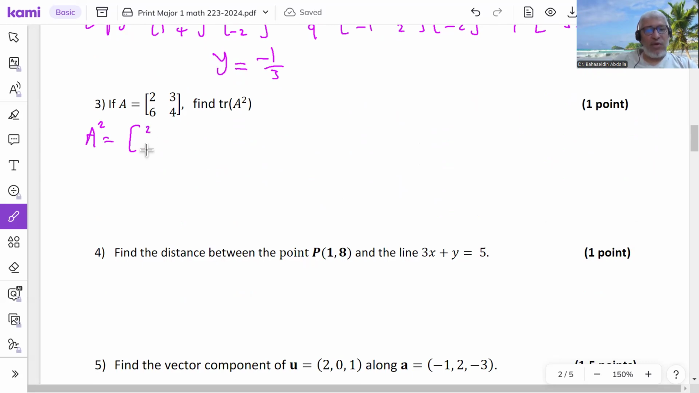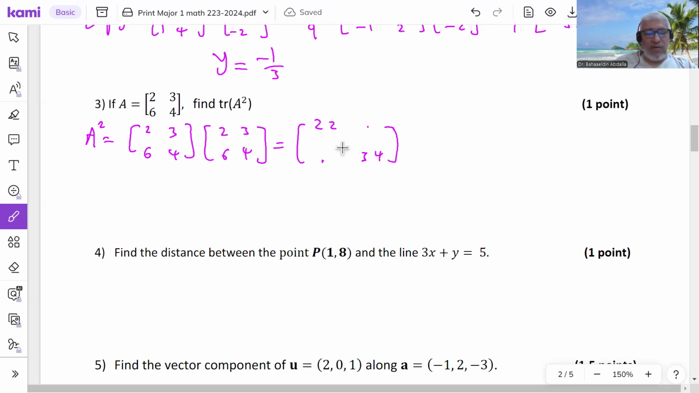We find A square by multiplying A times itself. This is A square. So 4 plus 18, that's 22. Since he is asking about the trace, I don't need to find these two numbers. I'll find this number on the main diagonal. So multiply the second row by the second column. 6 times 3, 18, plus 4 times 4, 16. 18 plus 16, that's